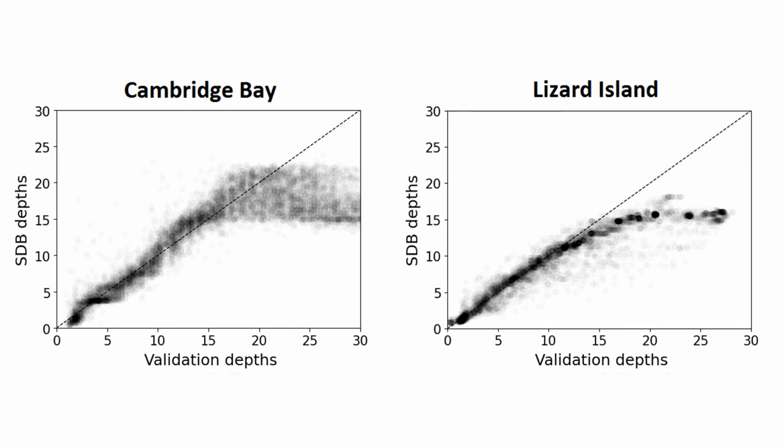As is shown here from 2 sites, Cambridge Bay in the Canadian Arctic and Icesat Island in Australia, the ability to precisely estimate bathymetry is okay up to a point where RMSE values are around 1 meter, and then it breaks down as we move into deep water, where the spectral reflectance of the pixels is no longer a function of water depth. To avoid making erroneous bathymetry estimates for depth where FAB doesn't work well, we investigate the width